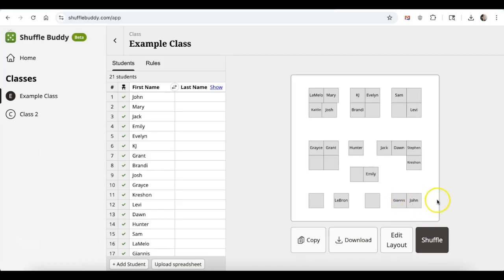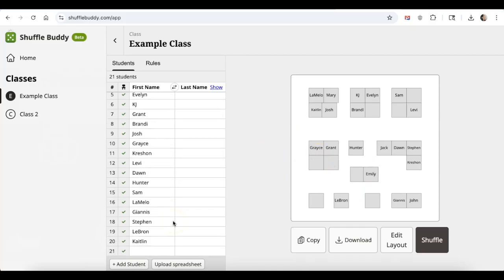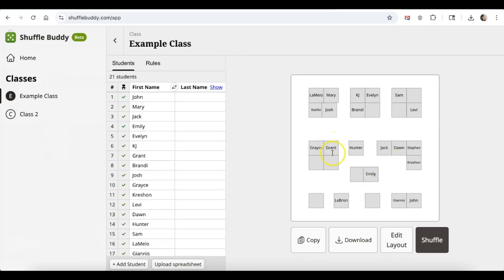And yeah, having a seating chart is pretty key at the beginning of the year to manage behaviors in the classroom. And so this site just makes it super easy. It may take you 5 minutes to get all the names typed in and get your rules set up. And then you can just shuffle this and set it up how you like. And you should be good to go with your seating charts and helping with your classroom management as the school